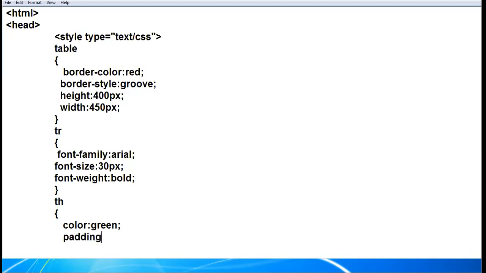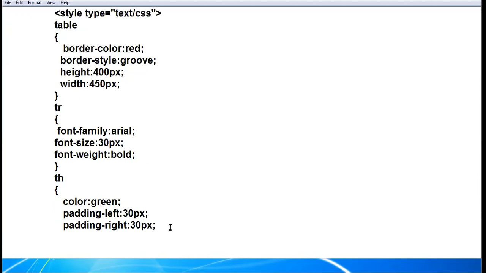And I am setting the padding. Padding is the distance of content from the border of the cell. Padding left, I am giving 30. Padding right, again I am giving 30. So these are the properties I apply to the th.